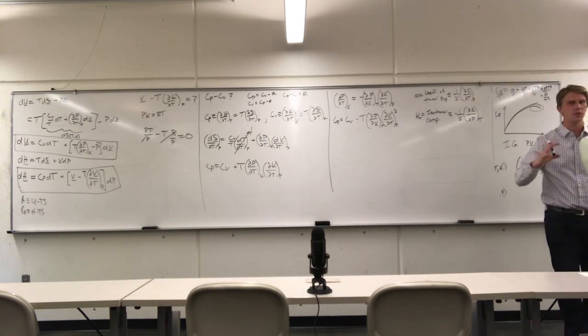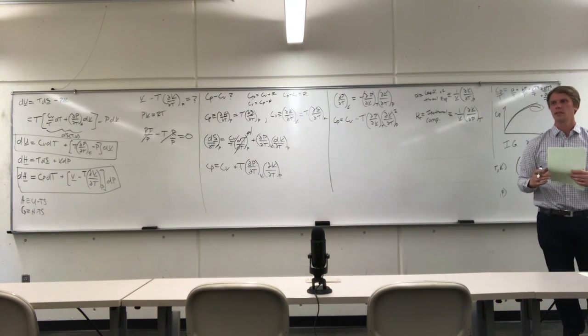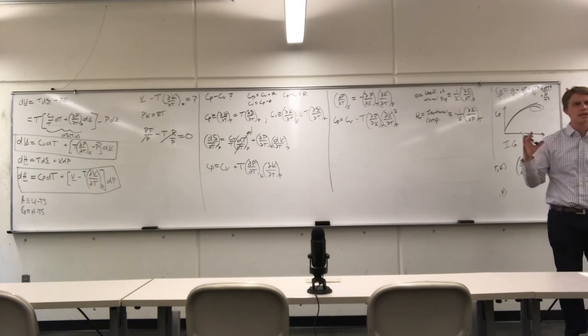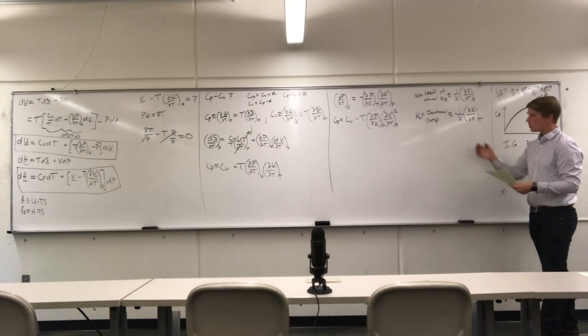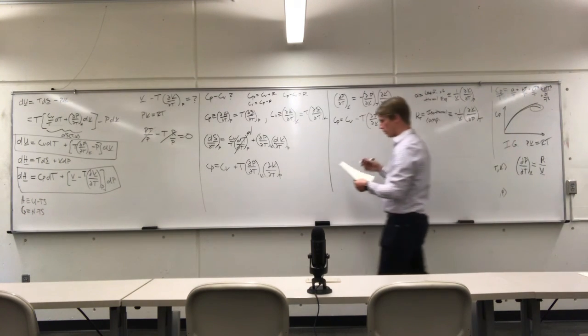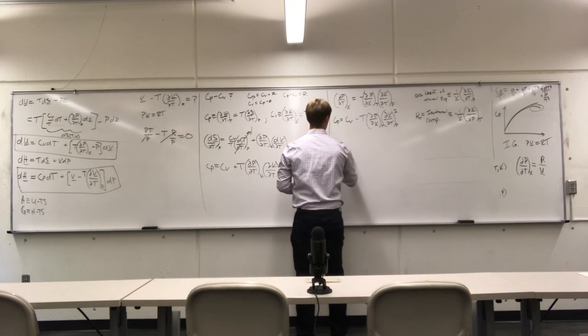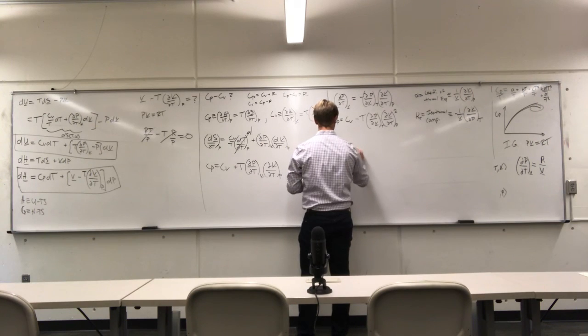How easily can I squeeze this system down? If it's a rock, not very much. If it's a gas, I can squeeze it. So from that, we do our substitutions, plug them into here, and we can find a relationship such that C sub P minus C sub V